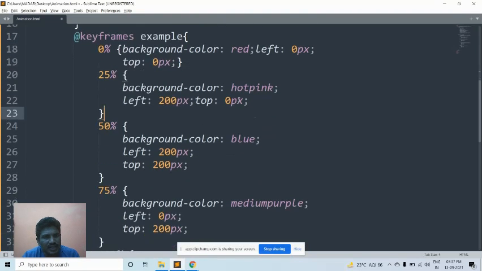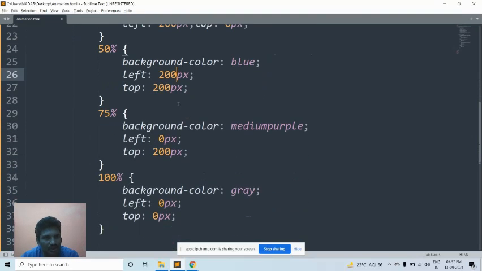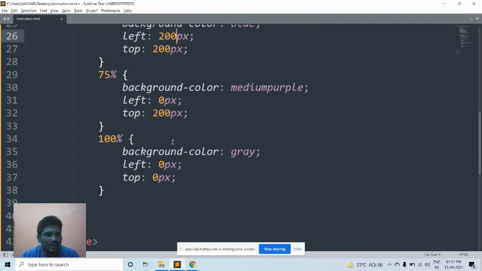Then from that place, left 200, yes, good. Top 200 pixel, then it will come to top 200 pixel. From that, left 0, then top. Yeah. And then what happened?